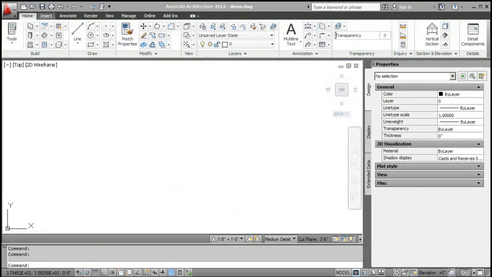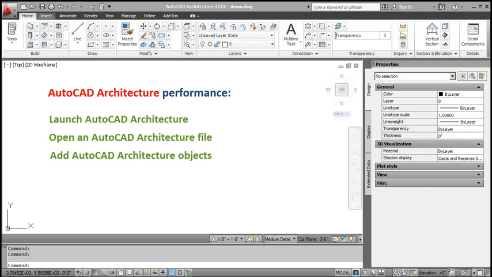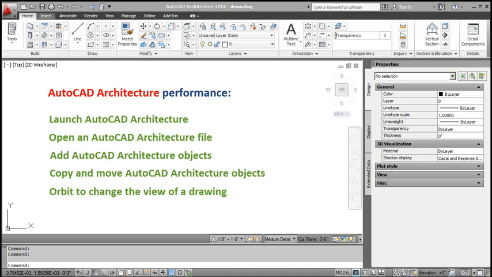Now, let's review the updates to AutoCAD Architecture performance. AutoCAD Architecture's overall performance has been improved, especially in terms of speed when we launch AutoCAD Architecture, open an AutoCAD Architecture file, add AutoCAD Architecture objects, copy and move AutoCAD Architecture objects, Orbit to change the view of a drawing. While using Orbit to change the view of a drawing, hatch properties are disabled that results in improved performance and